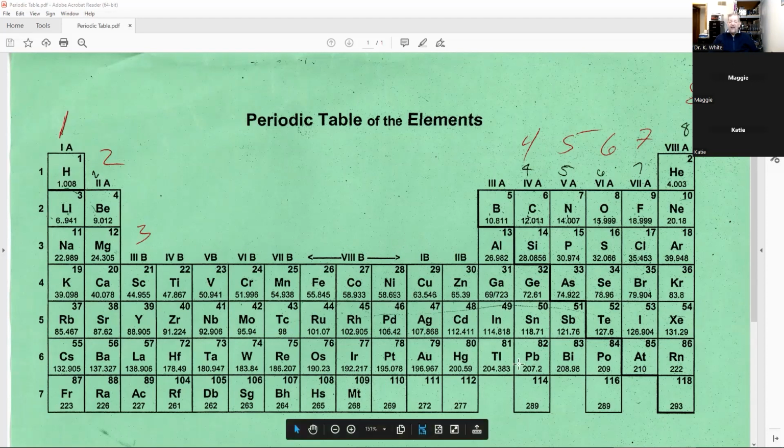So if we look at hydrogen and oxygen, since oxygen is this way, it's more electronegative than hydrogen. Now, if you look at fluorine, chlorine, bromine, and iodine, as you go up the periodic table, it's more electronegative. And fluorine is the most electronegative element on the periodic table. So what does that mean?